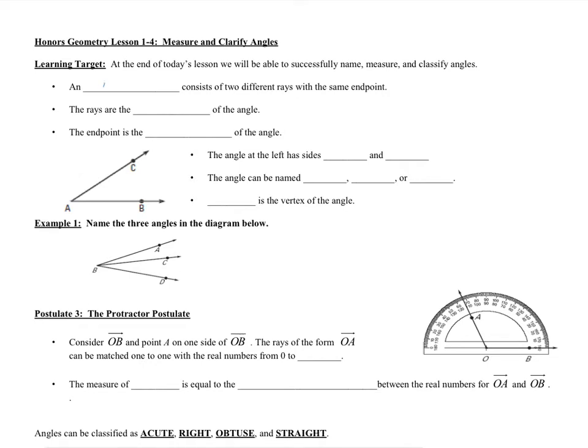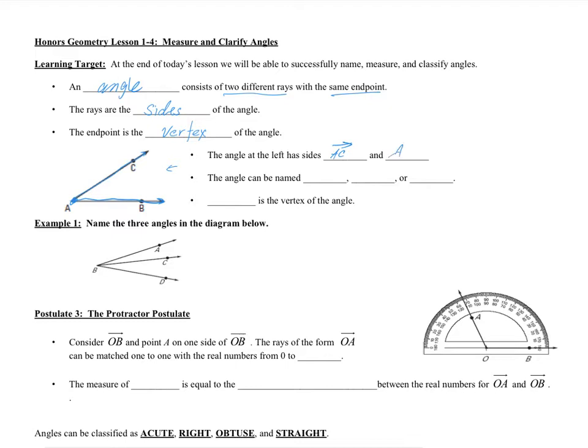An angle consists of two different rays with the same endpoint. So this would be ray 1 and the other ray sharing the same endpoint. The rays are the sides of the angle. The endpoint is the vertex of the angle. The angle at the left here has sides ray AC